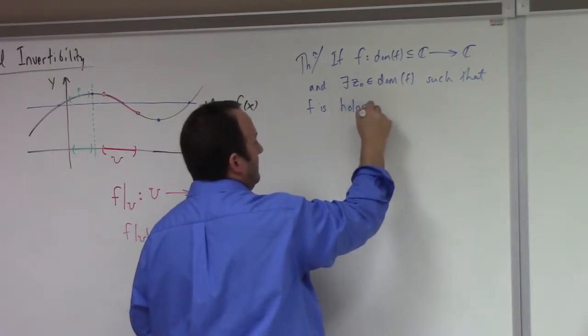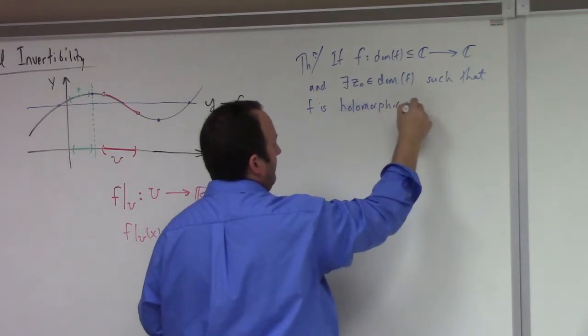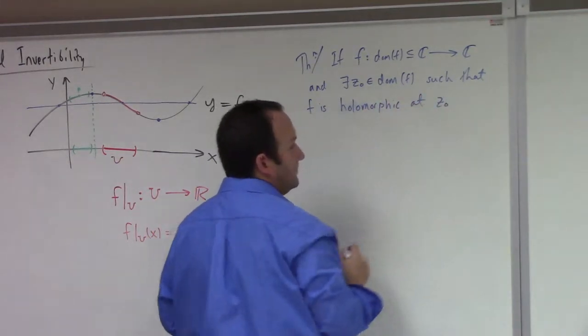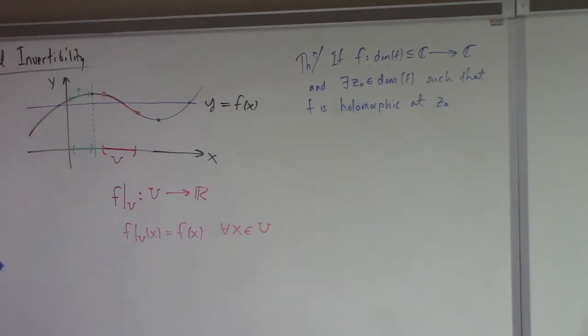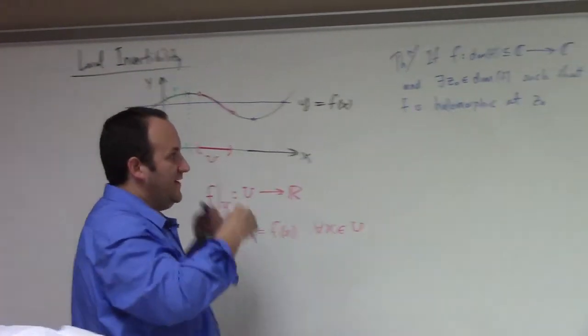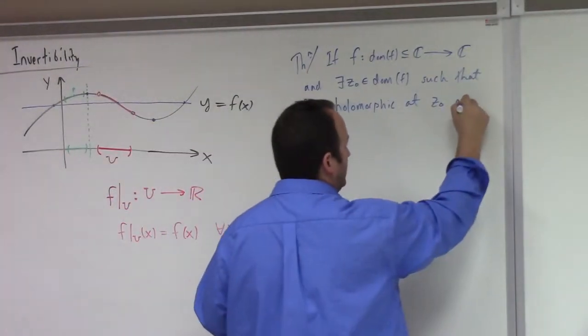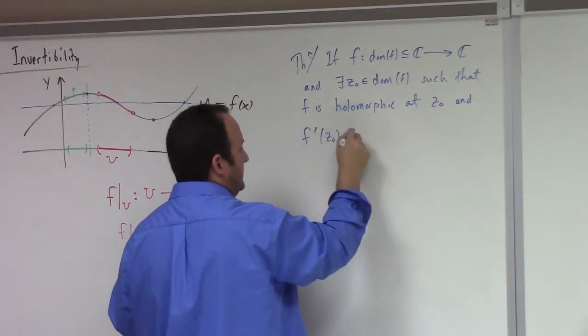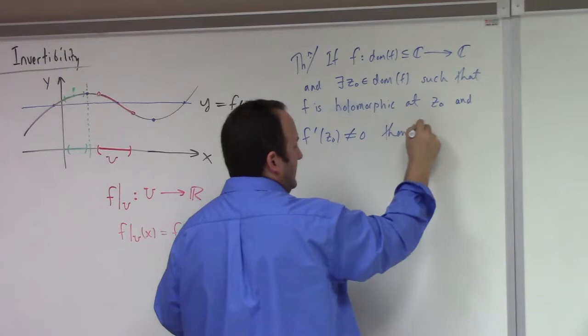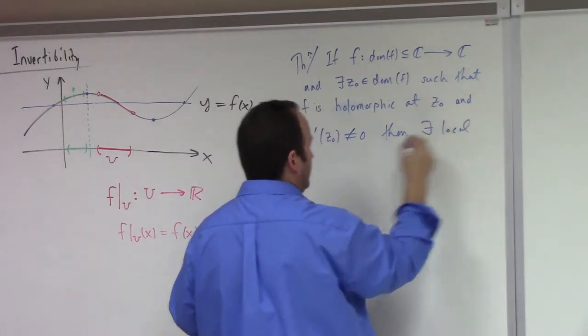What's that mean? That means that its complex derivative exists at z naught, and at least on some open set near z naught, right? So it's complex differentiable in some neighborhood of the point z naught. If we have all that, and in this condition, f prime of z naught is not equal to 0, then there exists a local inverse